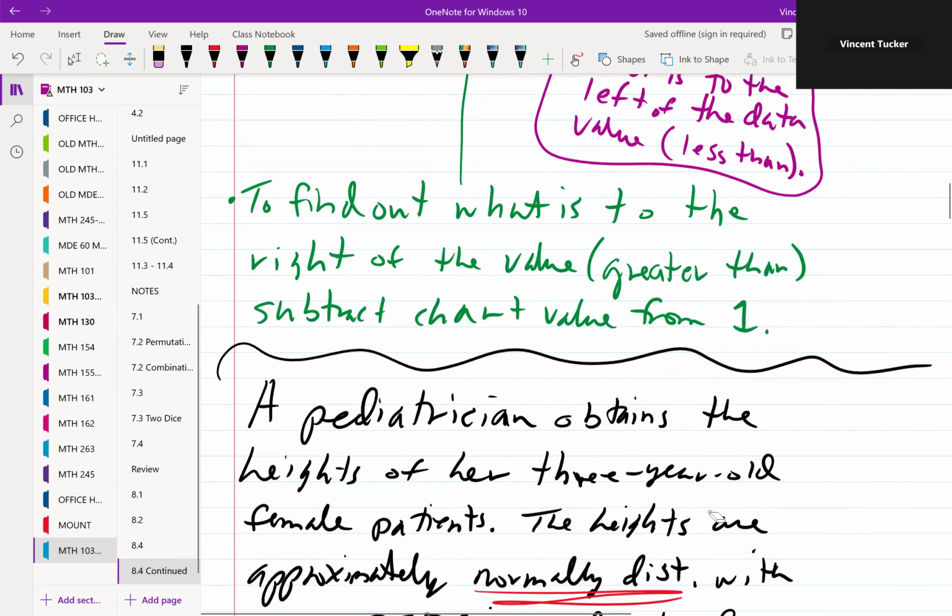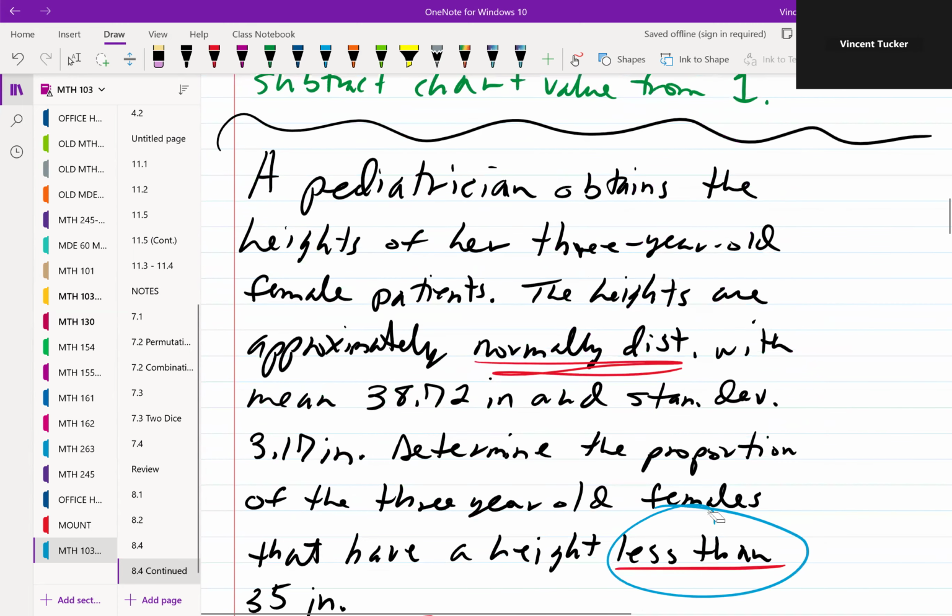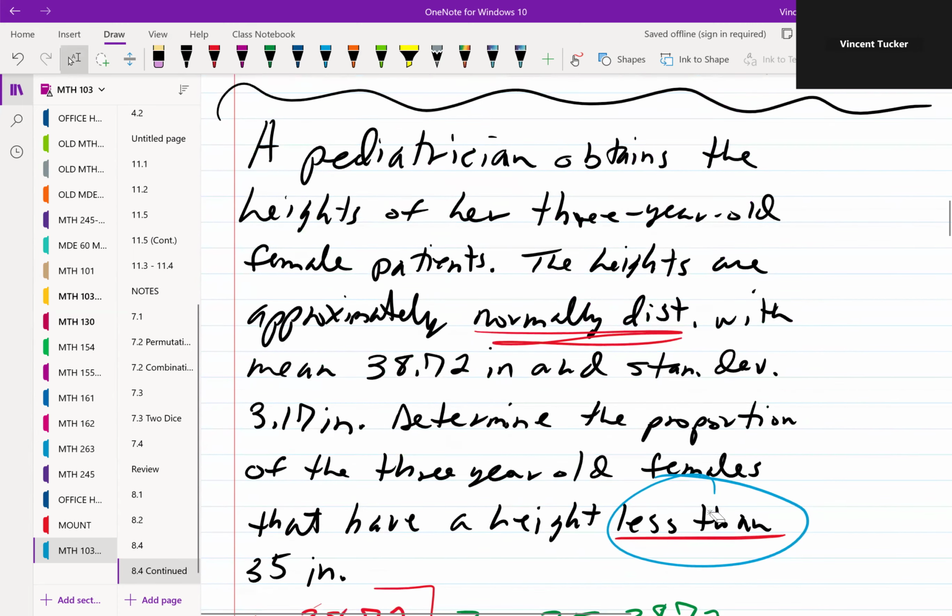All right. So let's look at the next example. When it comes to these z-score charts and the z-score itself, we have 3 different scenarios that we're going to come across. And you're going to see them in a second. All we need to do is hold on to how we handle these 3 scenarios and look for those keywords. And we should be good when it comes to actually finding the answer